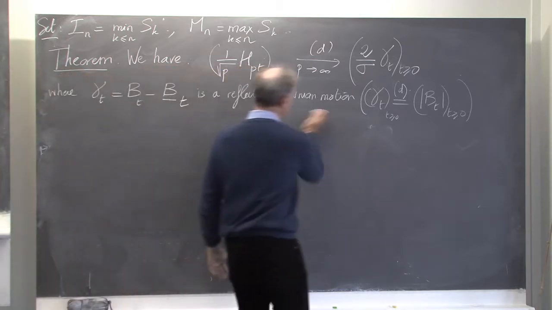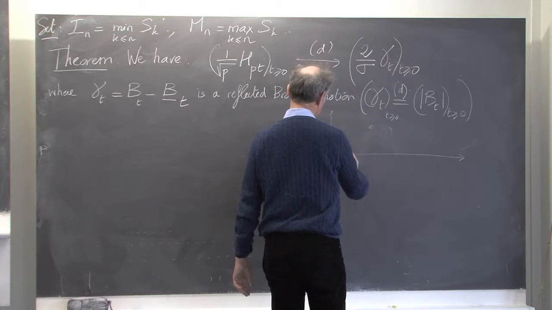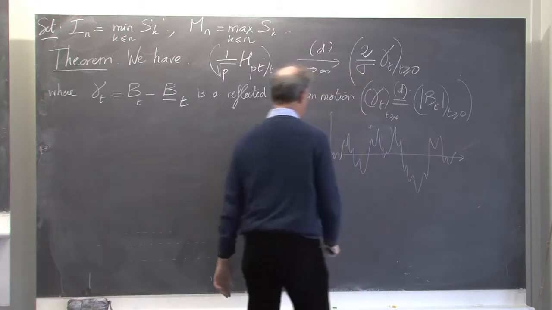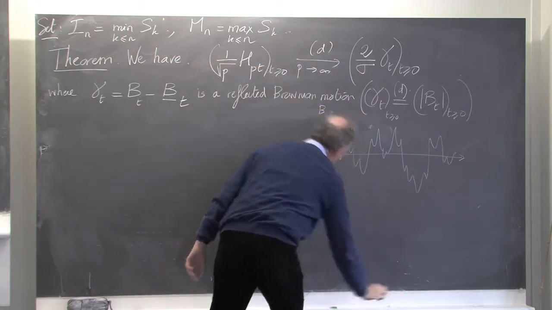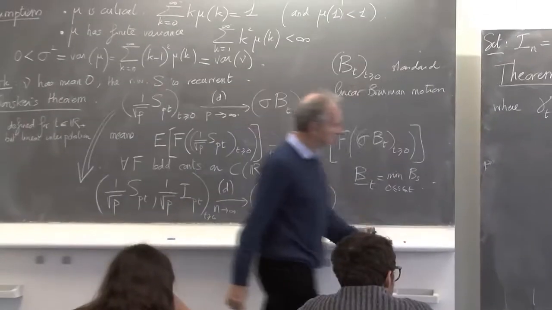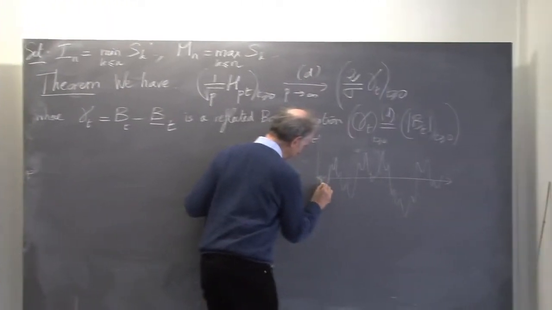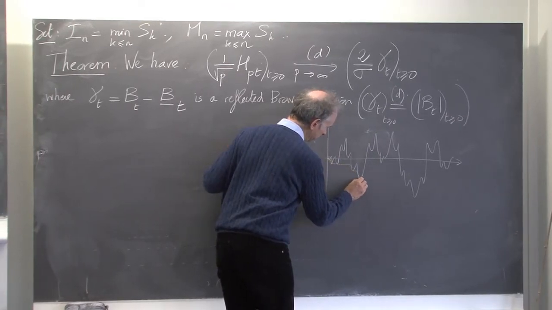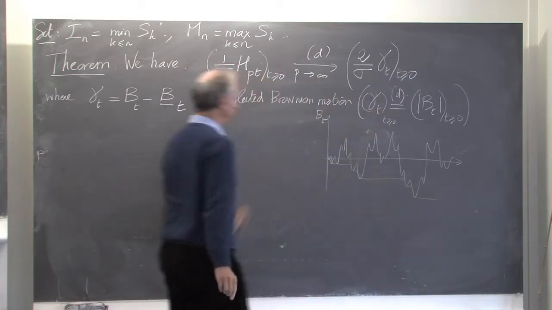So very briefly, suppose you have a Brownian motion, something like this. So this is B_t, if you want. And suppose now you look at this minimum process here, B underlined t. It gives you something like this, maybe like this, and so on. You can continue like this.